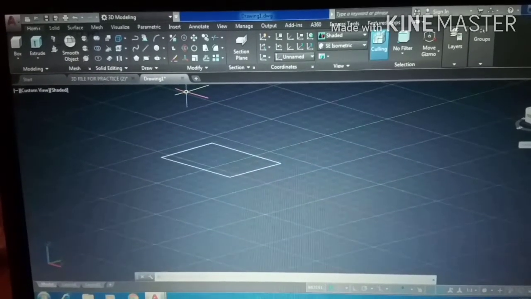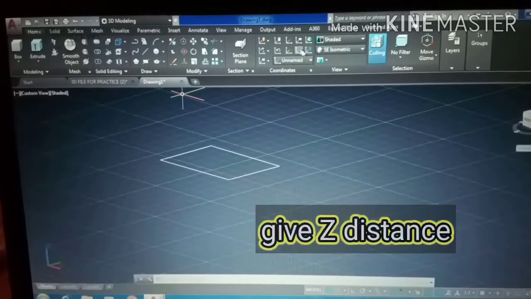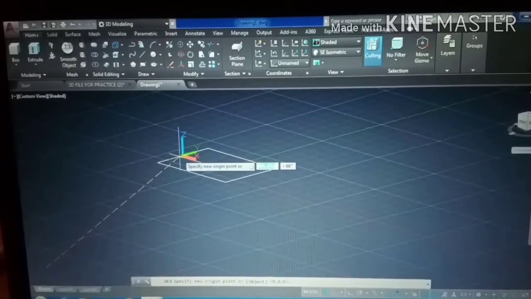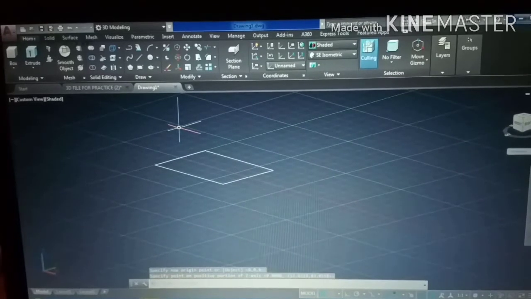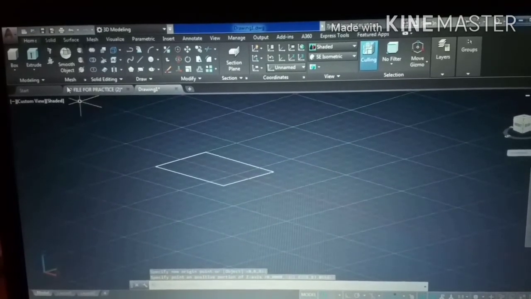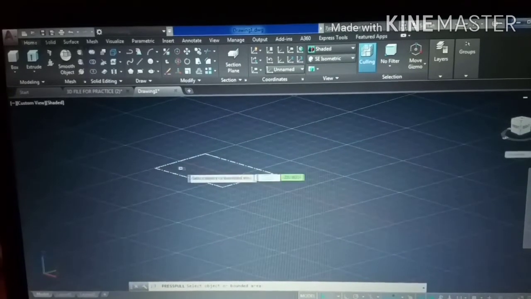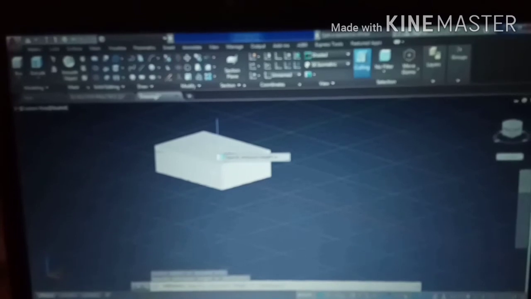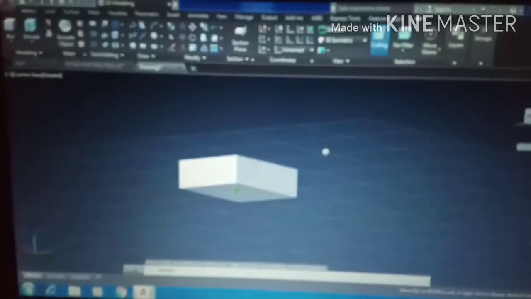As we want to work on Z direction, we give Z direction to it. Now select Z axis vector, keep it on the object and give Z direction to it. Now we are able to work on the object when it is placed in 3D. Now as you see, we have successfully worked on the object when it has some Z direction.